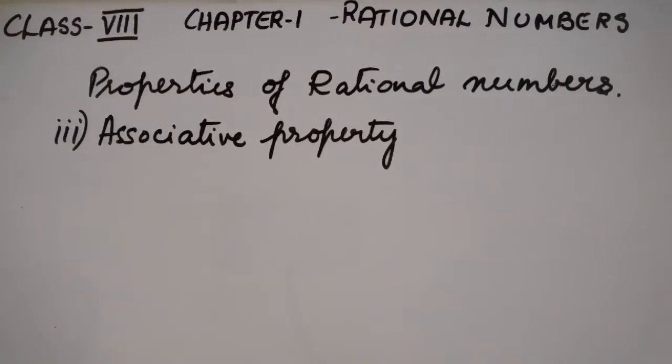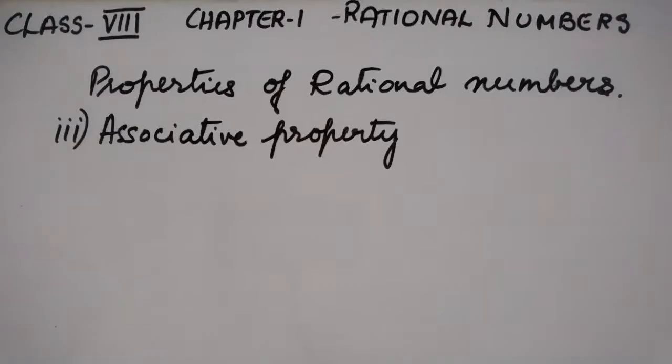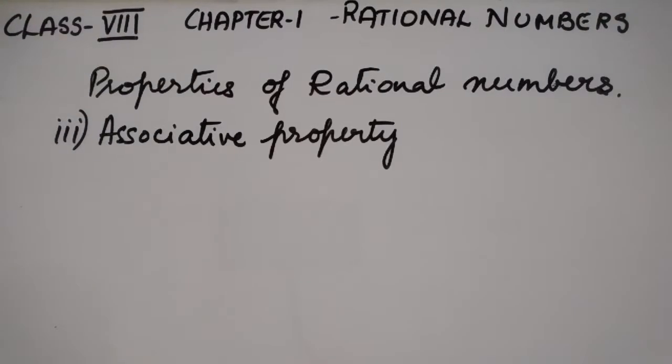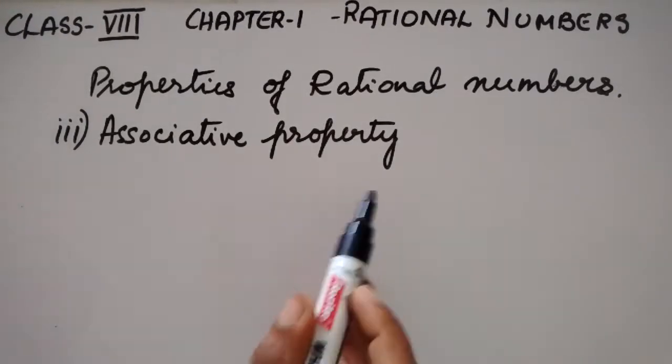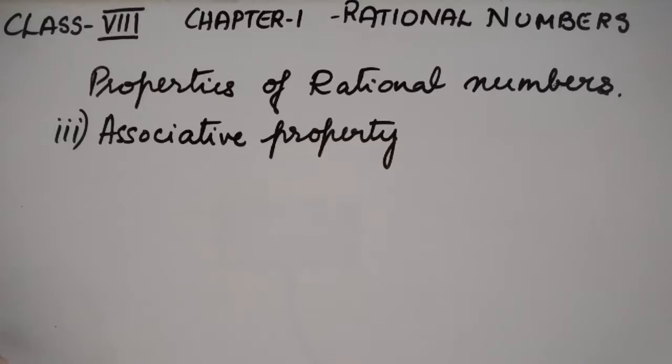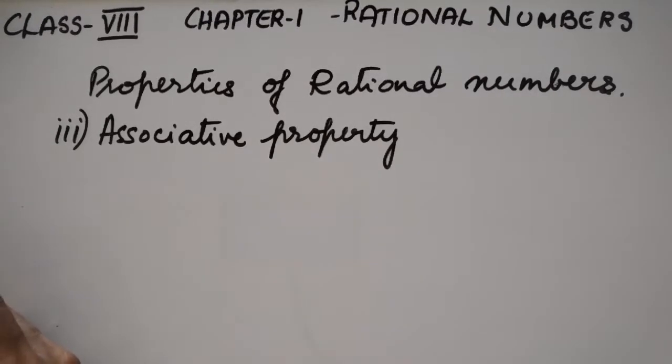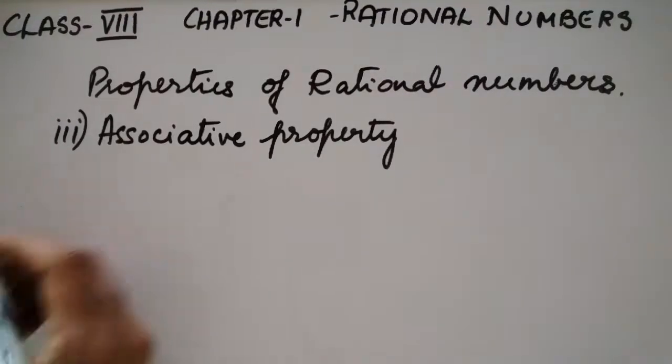Okay, good day students. This is the property of rational numbers. It is the continuation of the commutative property. We have already learned the closure property, commutative property, and now it is the associative property. Now this associative property is checked with three numbers. Now, for example,